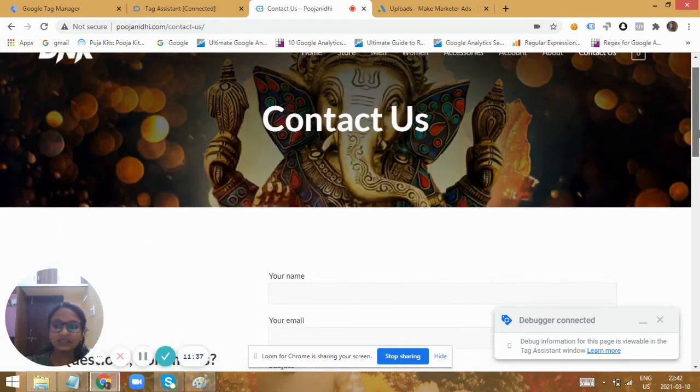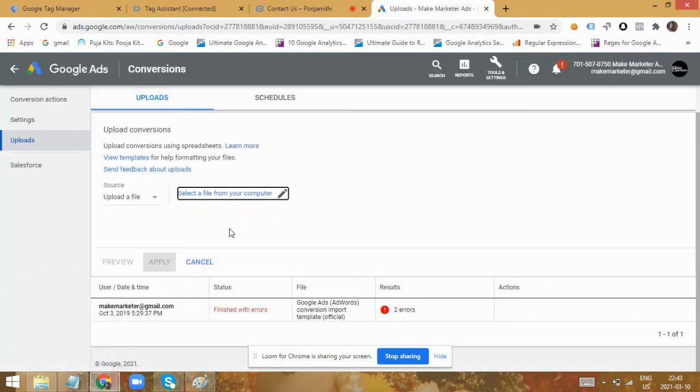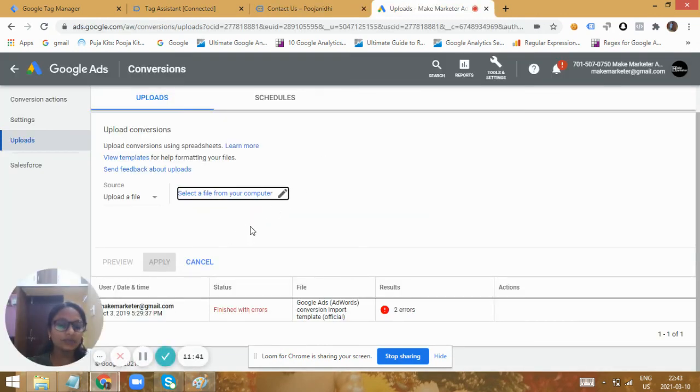I hope you're clear with offline conversion tracking. Once this data is uploaded to Google Ads, it can be used to optimize your campaigns, generate a lot of ROI and ROAS, and target the exact users who would convert even after a long time, not just when they click the ad.